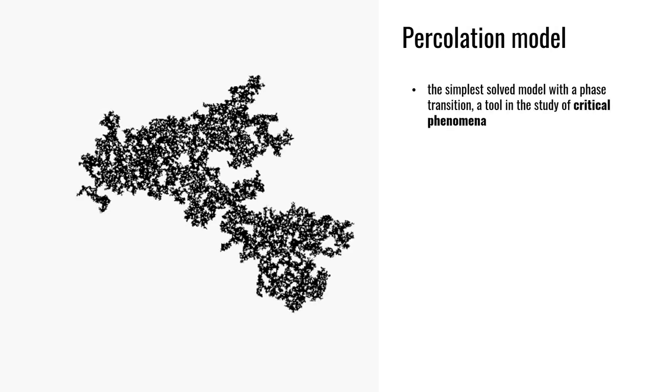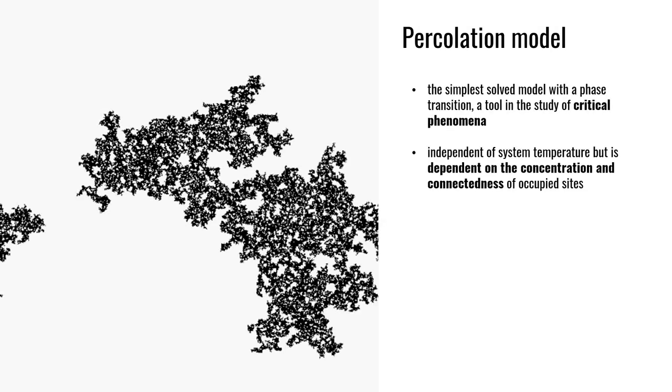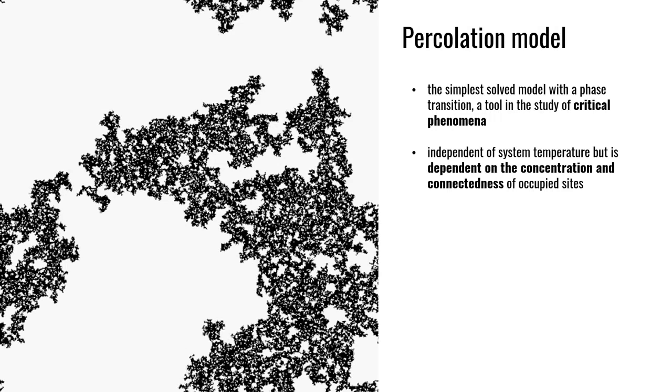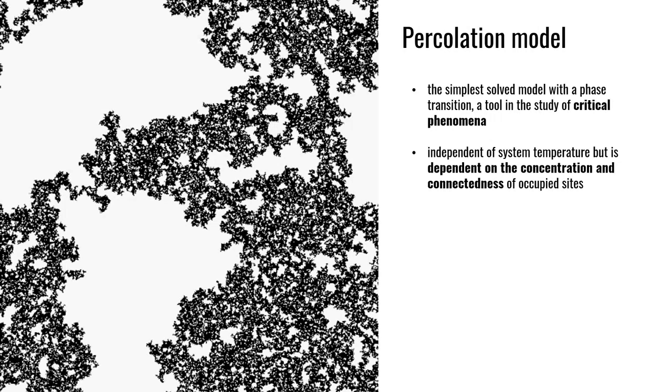To answer this question, we introduce another model of phase transition called the percolation model, a tool in the study of critical phenomena. Unlike the Ising model, the system is independent of temperature but is dependent on the concentration and